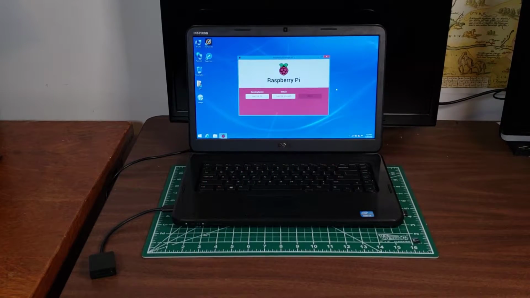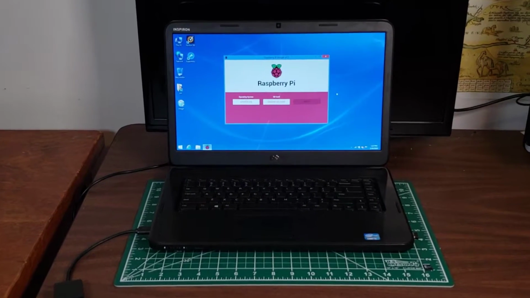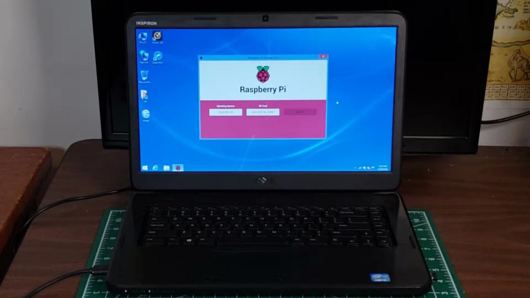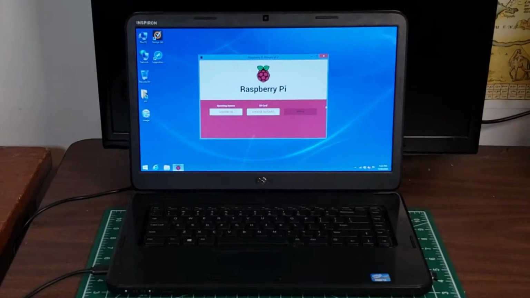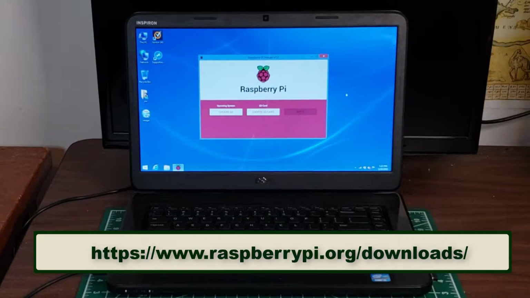The materials necessary for this tutorial are: 1. A computer with Windows installed on it. In this tutorial, the computer has Windows 8.1 installed on it. 2. The computer needs to have a copy of the Raspberry Pi Foundation's Imager program installed on it. The program is available from